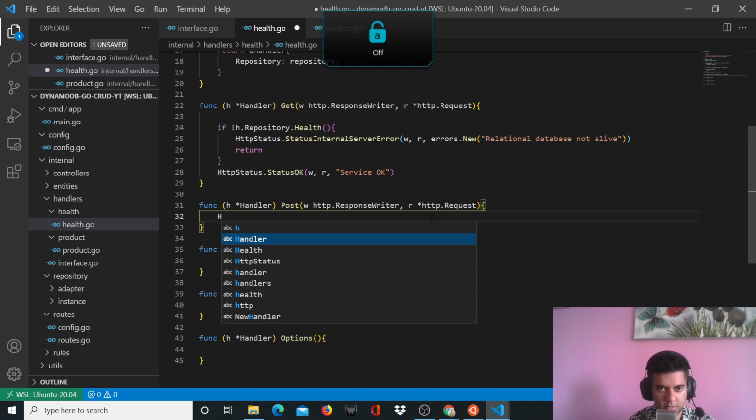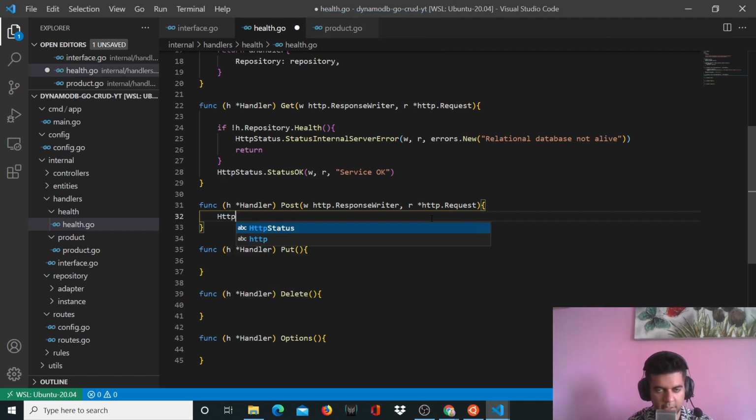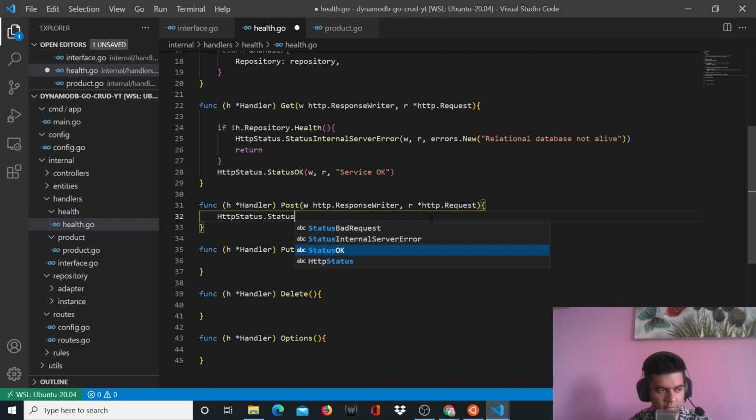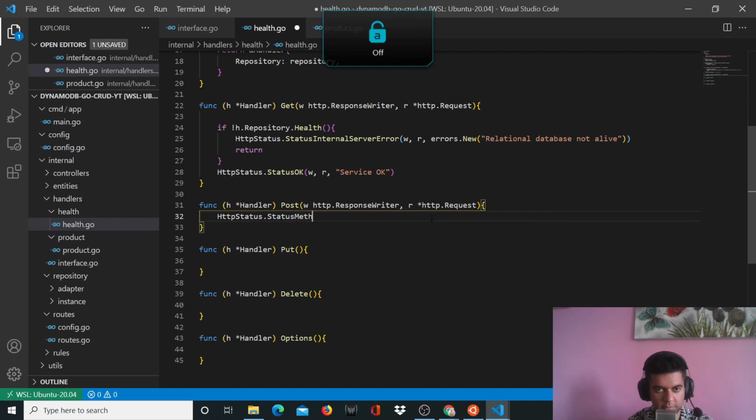All right, so HTTP. And by the way, I mentor a lot of developers, so I can tell you what's happening in the industry right now, and this is a big problem. This is why many people don't get into the roles they want, even when they have a very good resume and experience and are very good developers. This is something that holds them back from reaching their full potential. So you have status method not allowed, and w comma r,